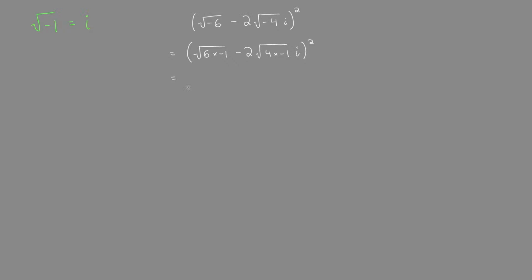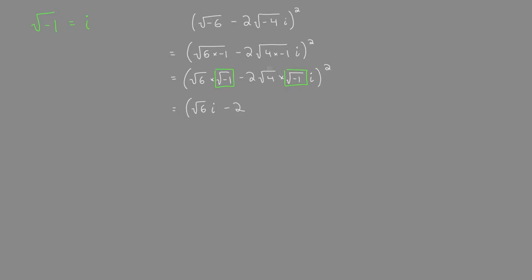I'm showing the work so that people who haven't seen this before can really understand it. And so this is the same thing as root 6 times the root of -1. We can separate roots like this. Now let's see where we have the root of -1, which is equal to i. So we have it here, we can replace that, and we have it here. So in the next line, we have root 6 i